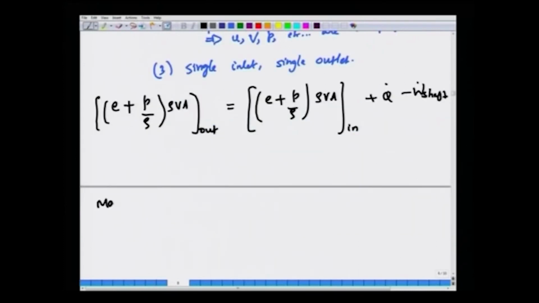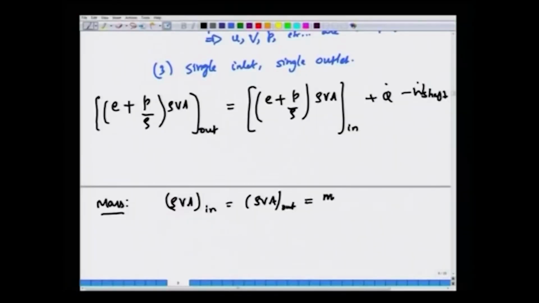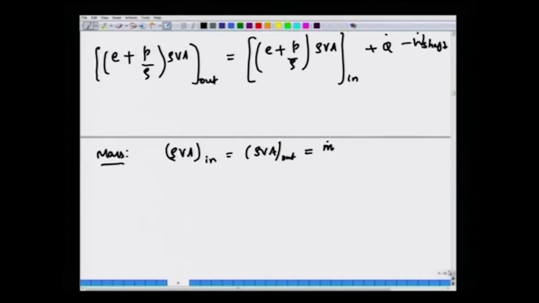If you use the mass balance for a single inlet single outlet system for steady flow, you will find that rho V A at inlet is the same as rho V A at outlet. This is mass in; the rate at which mass is flowing in is equal to the rate at which mass is flowing out at steady state, if there is no generation or consumption of mass within the control volume, and this is essentially the mass flow rate through the system. Okay. So, let me divide this equation by m dot